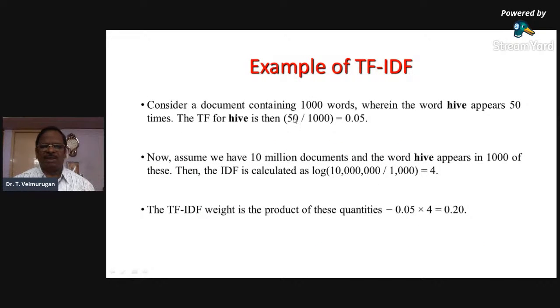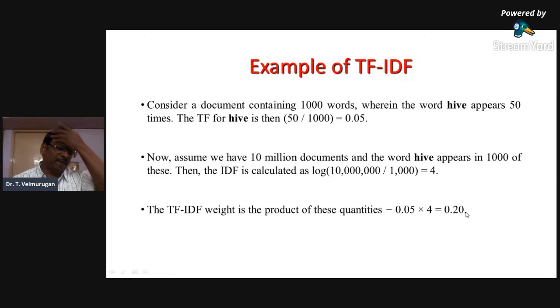Consider a document containing 1,000 words wherein the word hive appears 50 times. Therefore, the TF for hive is 50 divided by 1,000 equal to 0.05. Assume we have 10 million documents, the word hive appears in 1,000 of these. Then IDF is calculated as log of 10 million divided by 1,000 equal to 4. So TF IDF weight is the product of these quantities. 0.05 into 4 is equal to